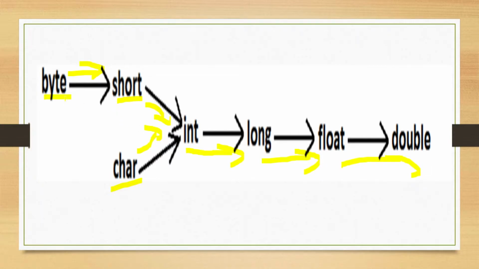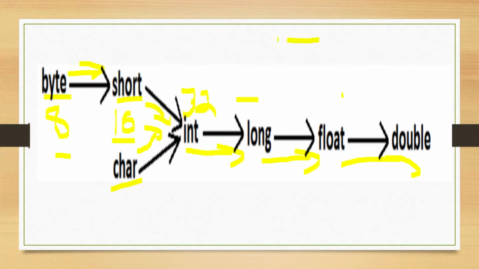So what does this mean? Here byte has 8 bits, short and char both have 16, int has 32, and so on. As you can see, the sizes are in increasing order. So these 8 bits can be accommodated inside these 16 with extra space left. So widening will happen automatically. Since there won't be any loss of data, we aren't needed to do anything, and these conversions happen automatically.